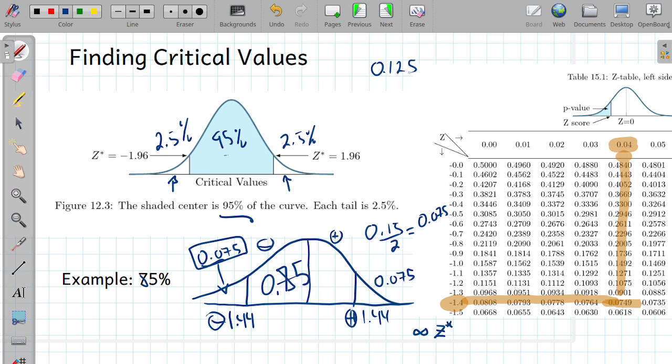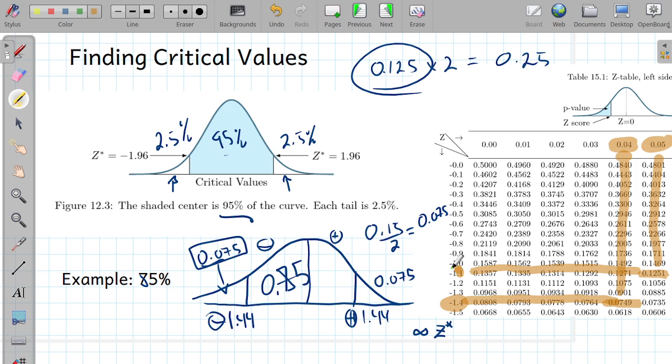That is times 2 is 0.25. That's the missing amount. So if that's the case, we have to try to find 0.125 inside the table. And I got lucky on this one. There's the 0.1251, which means if we come up here, we have a 0.5, and if we come out here, we have